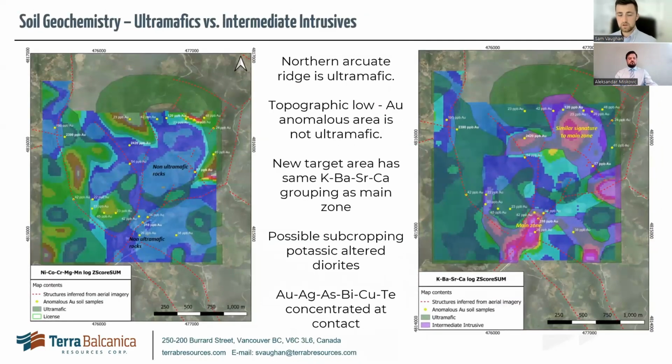Now, it's important for us to know where we have our ultramafic rocks and our prospective intrusions. And that's what we can use our soil geochemistry for. In the left-hand image, you can see a combination of elements that typify ultramafic rocks. And you can see a high zone here, here, and here, which also matches a topographic feature, which is an arcuate ridge coming around here. But importantly, you can see that this area is non-ultramafic rocks, especially this area, which is our main zone of